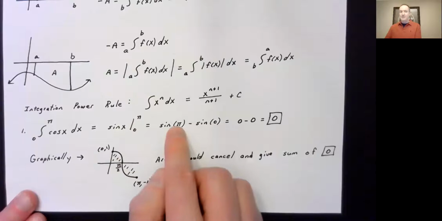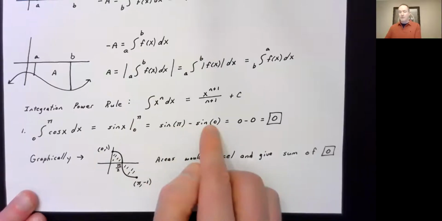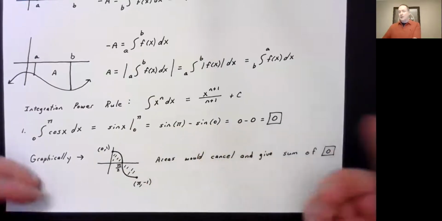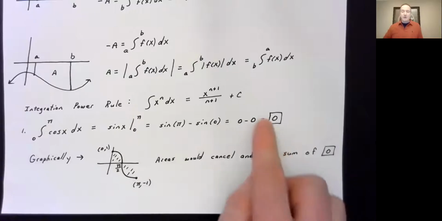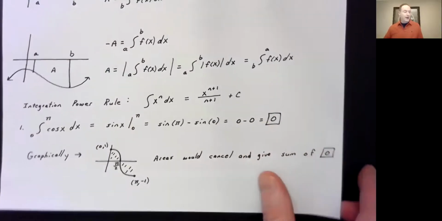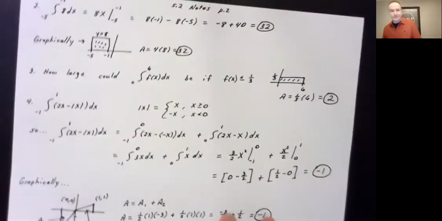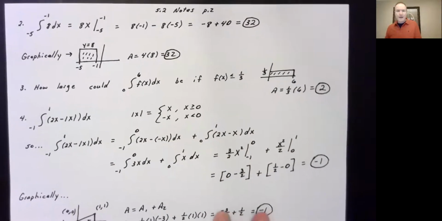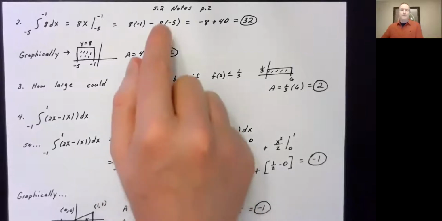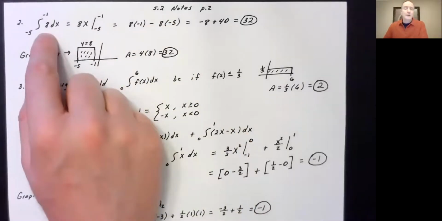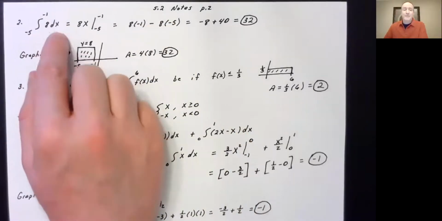But whether you're taking the sine of pi or the sine of 0, both of those answers are 0. So we just have 0 minus 0 is 0, which matches our answer that we did graphically, which is cool. Up next, let's look at another problem here: the integral from -5 to -1